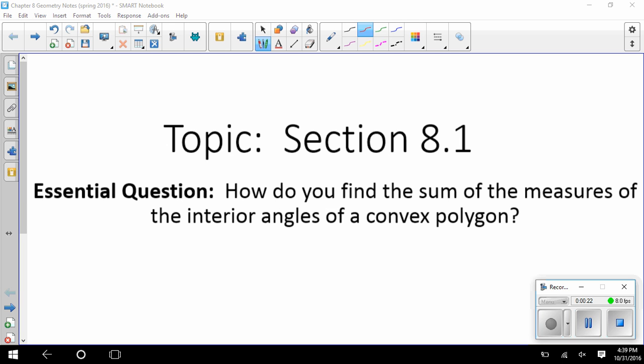So topic is section 8.1. You'll have to copy down the essential question. How do you find the sum of the measures of the interior angles of a convex polygon? So you can pause so that you can get that written down and then start back up when you're ready. All right, so